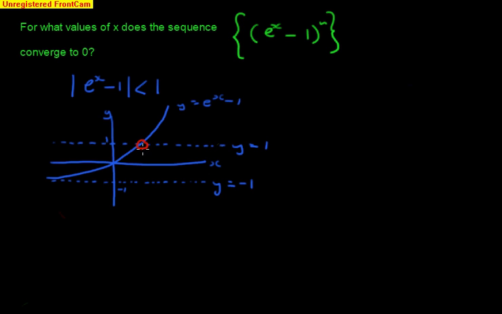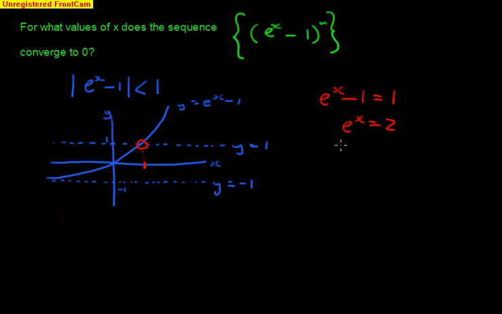So we just have to find the corresponding x value there, and less than that, the absolute value of the function will be less than 1, or its value is between plus and minus 1. So let's just solve for that point there. What we've got is that e to the x minus 1 equals plus 1. Case e to the x equals 2, and taking log to the base e of both sides,